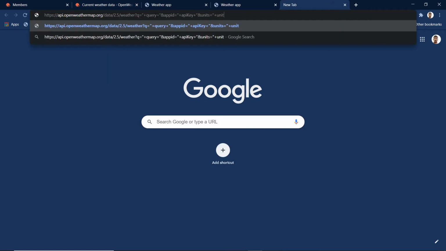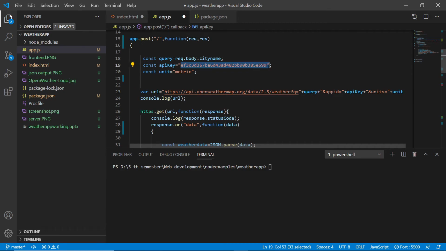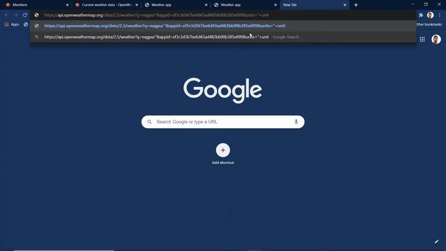We need to remove this and write any city name, say Nagpur, and here we need to pass in the API key and units equal to metric. So this is the entire URL.